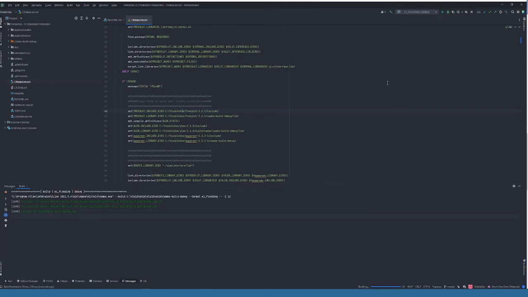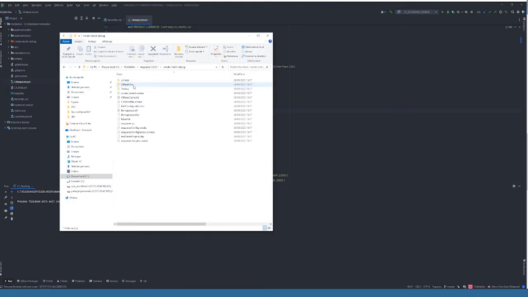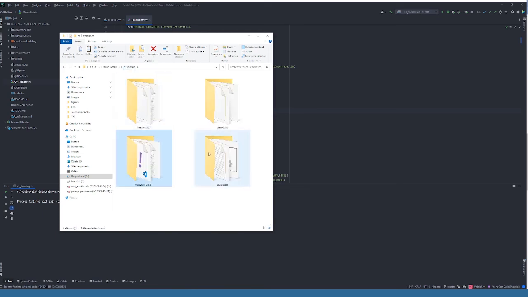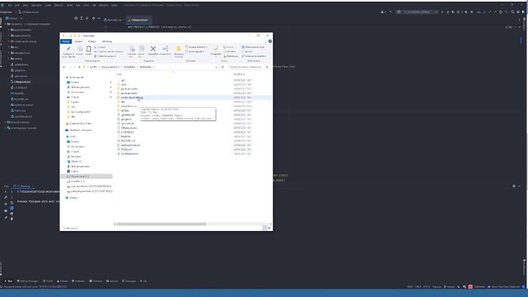And some files will be missing. This error is just to say that there are some DLLs I'm missing. Then go to the CMake build debug for each of your libraries in order to find the DLL. So for Reparser, it's here. So I copy it and I paste it in the CMake build debug directory. So for Reparser, I do the same for